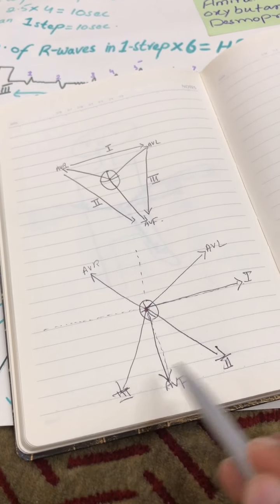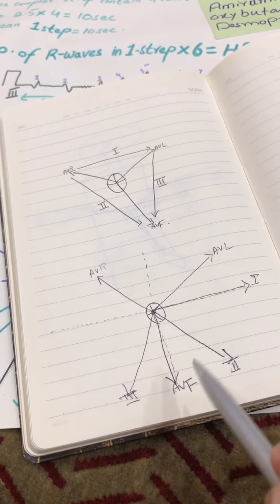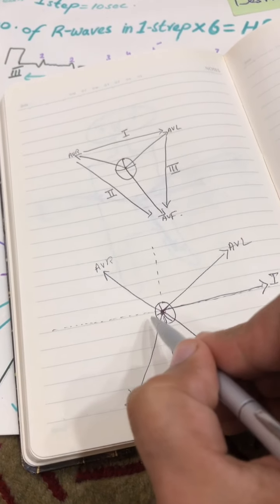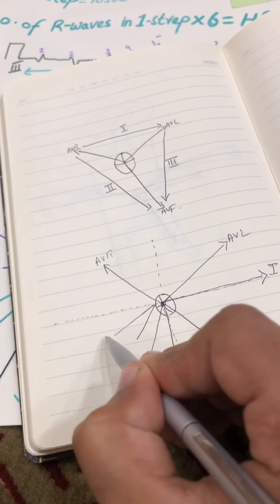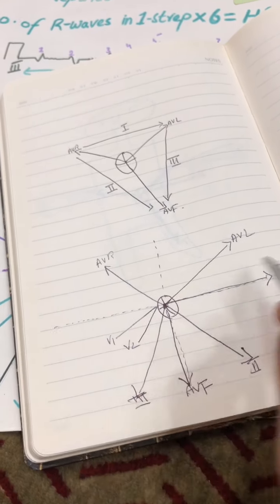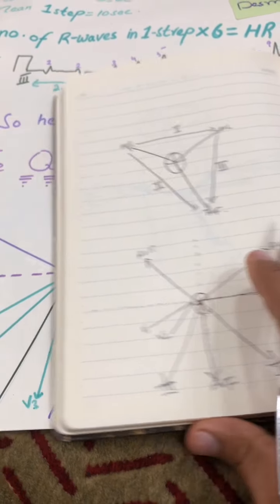So 1, 2, 3, AVR, AVL, AVF. Okay, the chest leads we can put like this. See, 1, 2, V1, V2. Okay, and then after that